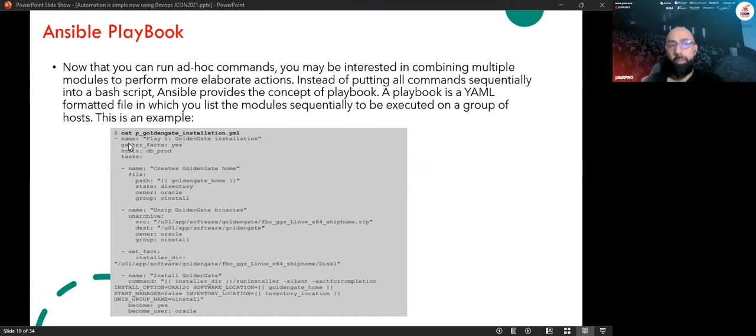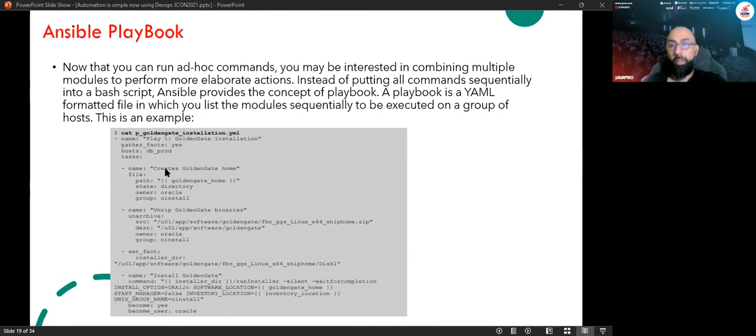Over there, this is the name of the YAML file. What is it going to do? First, gather facts. Facts are like variables that allow you to do something or change depending on the environment. Then the hosts I'm going to run the installation on, and the tasks it will do.